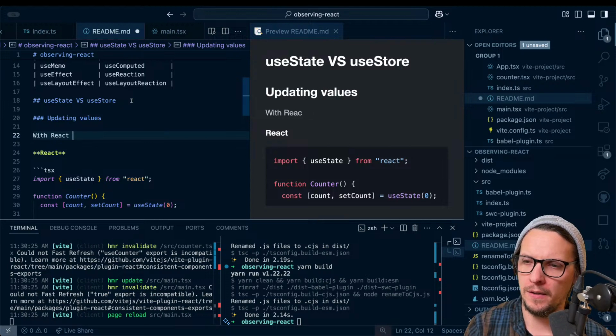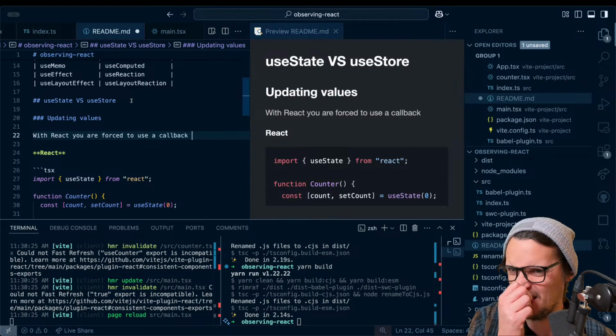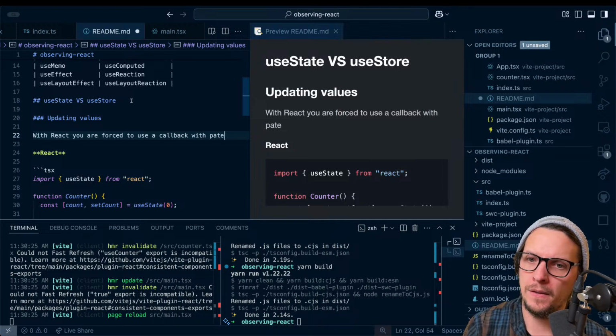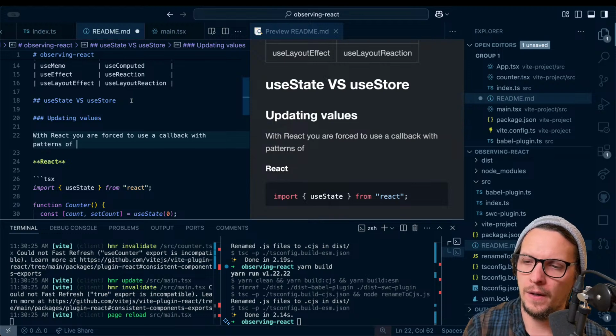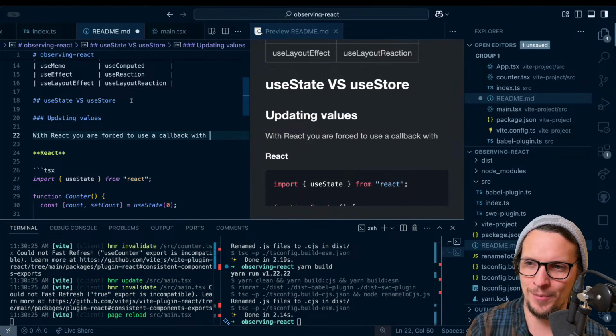With React, you are forced to use a callback with patterns of spreading. With how should we put this? With React, you're forced to use